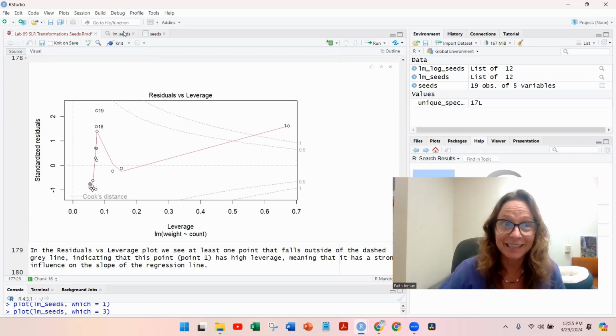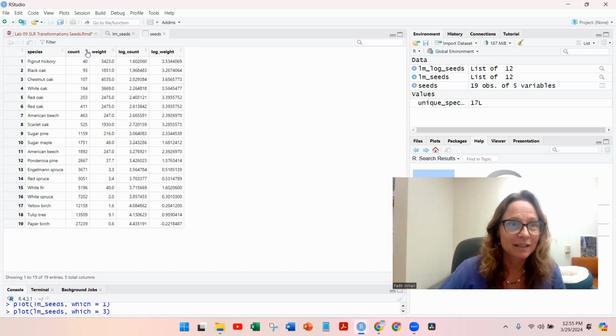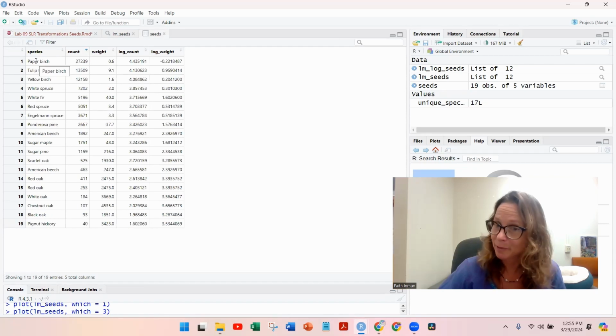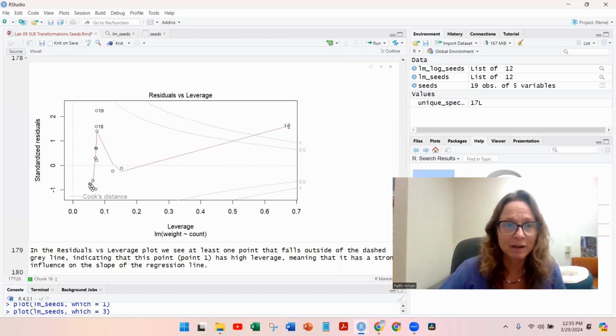Is it, what do you think? Is it this paper birch? Right? The big outlier also has strong leverage. Interesting. So we go back to our code and we can say, okay, that's that one. Other ones also are problematic. They're showing up with their numbers on them, but this is the one that's really giving us a problem because